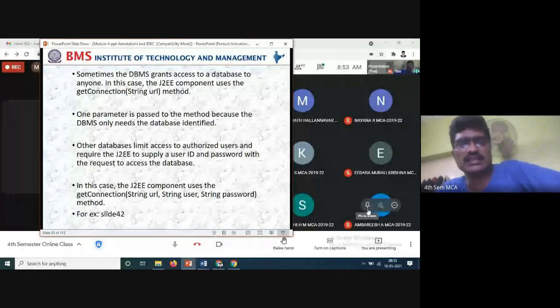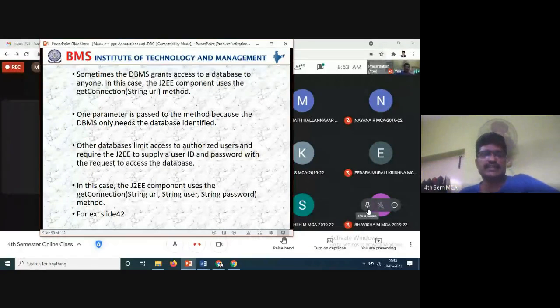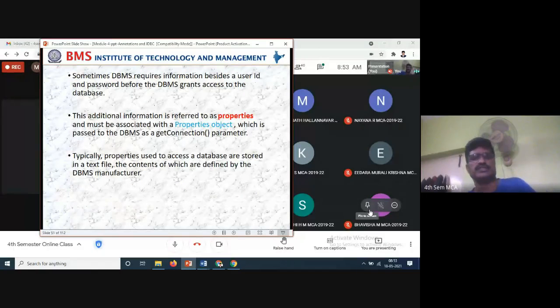These are all required for the getConnection purpose of JDBC components. So users' getConnection is nothing but this one only: getConnection, URL, username, and password. We have used this already, slide number 42. This is what we wanted here.